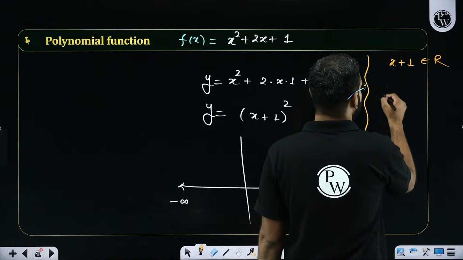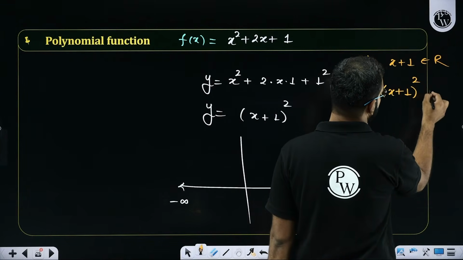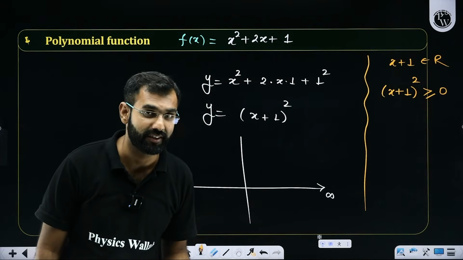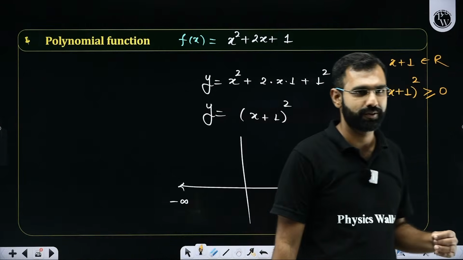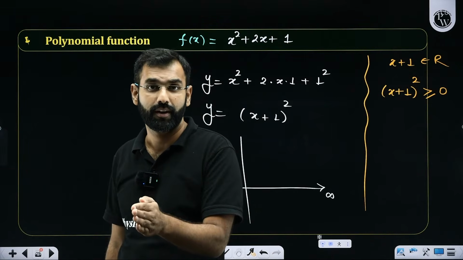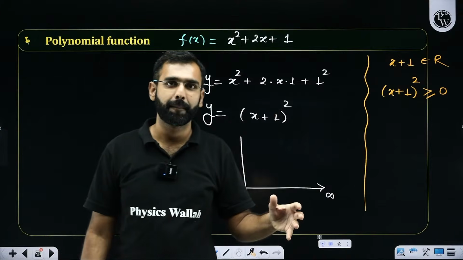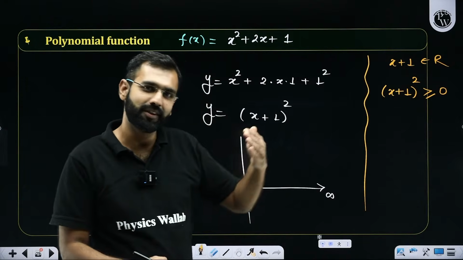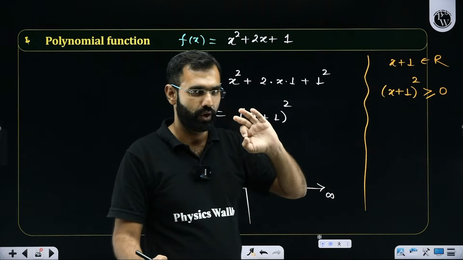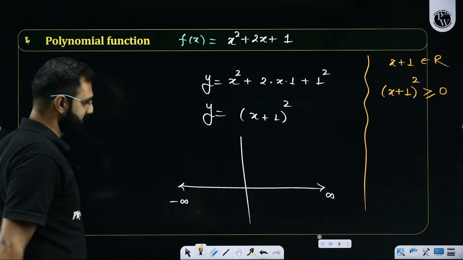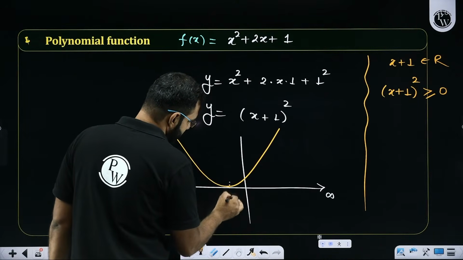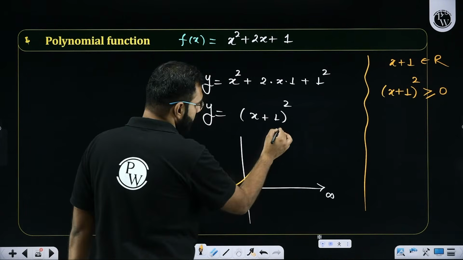But sir, it's a square. It's a square, meaning a square of x plus 1. Don't you think it will always be non-negative, as we have just discussed? When you square the real numbers, what you get is non-negative real numbers. When you square all the real numbers in the world, the squares are going to be either 0 or positive, which I can call non-negative real numbers. So what is going to happen over here is that you will see a curve, a parabola touching the x-axis at minus 1 comma 0, and it will go like this.